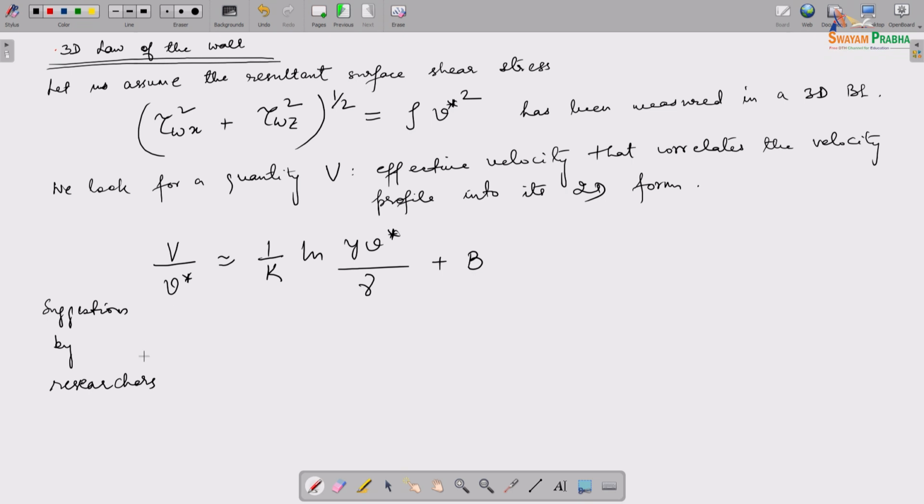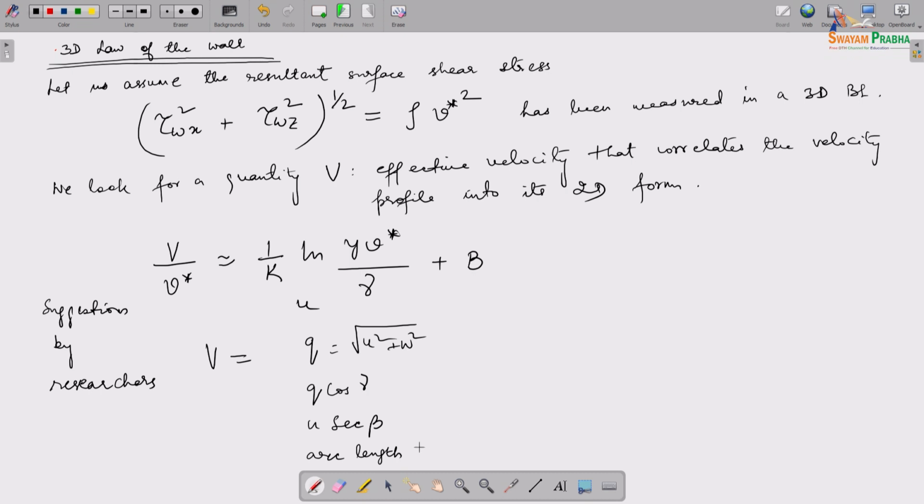So, this V can be U, it can be Q, which is what I just said, then it could be Q cos gamma, U sec beta, and